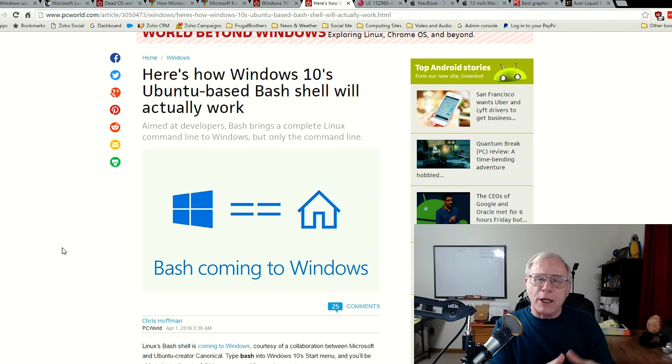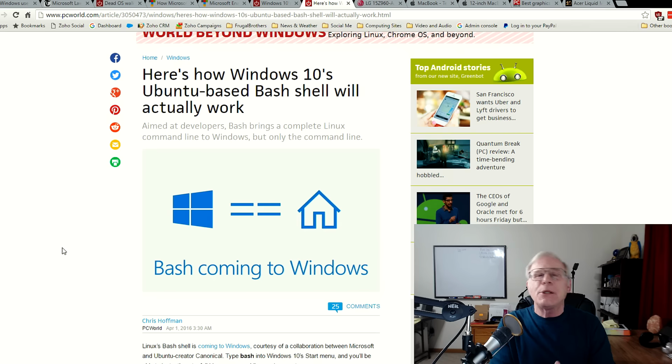They developed this set of command line tools. You download and install this Bash application, and think of it as kind of like Wine running in reverse. If you're familiar with Wine in the Linux world, it's kind of like Wine running in reverse. Now you have essentially Linux running natively on a Windows platform, a Windows subsystem, I should say.